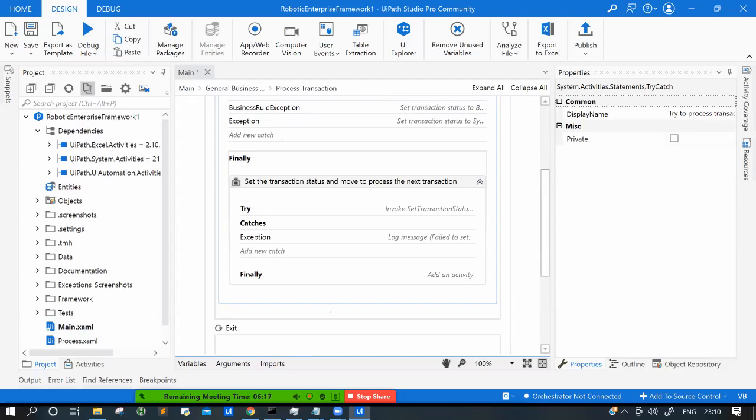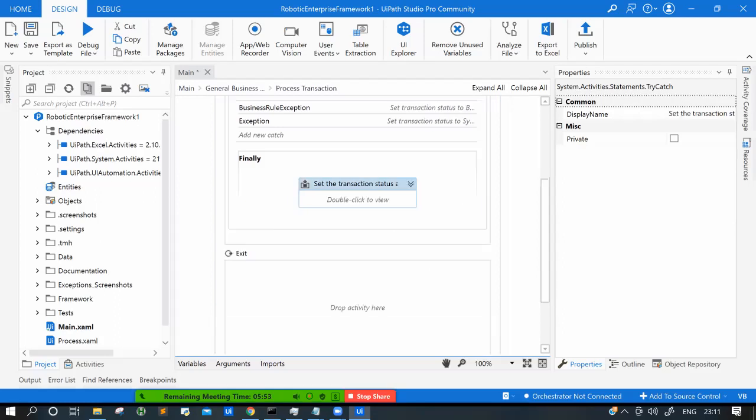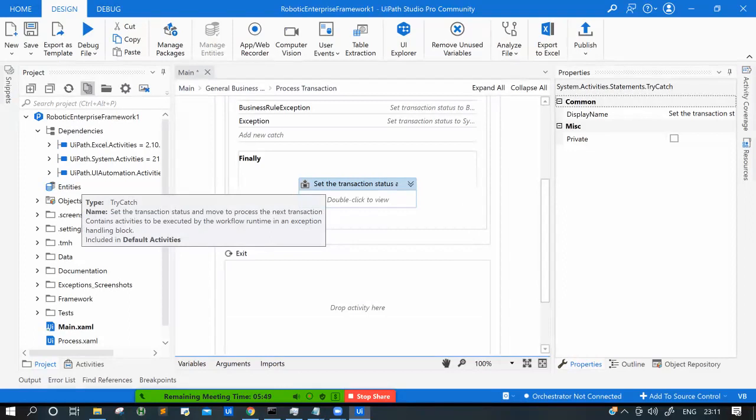That means if your transaction is successful, you set the transaction that your queue item is a success. And if not, you also have to set the transaction, that it failed due to the business exception, or due to an application exception or system exception, whatever it is. But you have to set the transaction. So it is a finally, a mandatory state. That's why it's a finally, it will execute always.